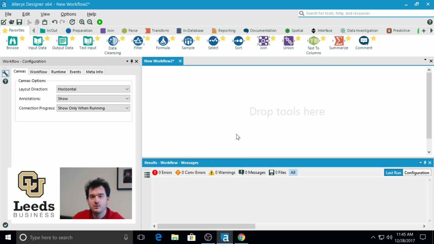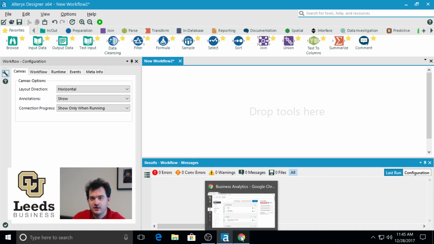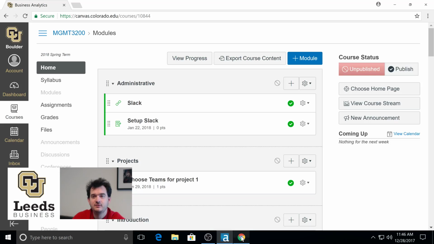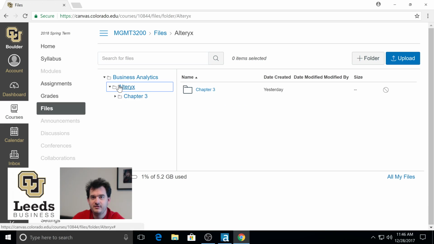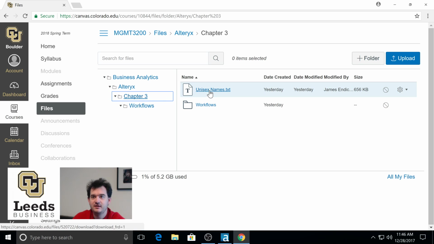In this tutorial, we're going to use the Input Data tool in Alteryx to read in some data and then use it within Alteryx. First, we're going to have to get the data. On the Canvas page for the course, we can go into the section labeled Files, and in there will be an Alteryx folder, and you'll go into the appropriate chapter that you're getting data from, in our example, Chapter 3, where we will see a file,